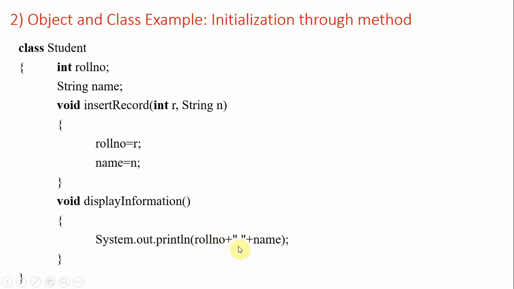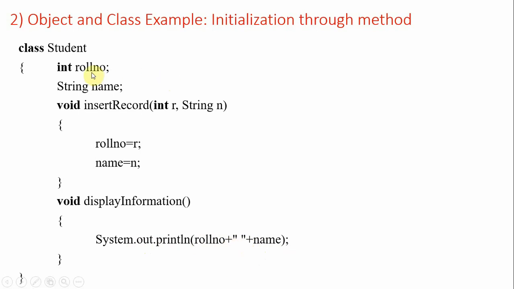So roll number plus double quote plus name. Individually also you can write System.out.println double quote plus roll number, System.out.println double quote plus name. But that can also be combined like this. So plus is a concatenation operator, double quote is for printing the data which is there in these variables. These are the variable names, and printing data can be separated with a double quote.